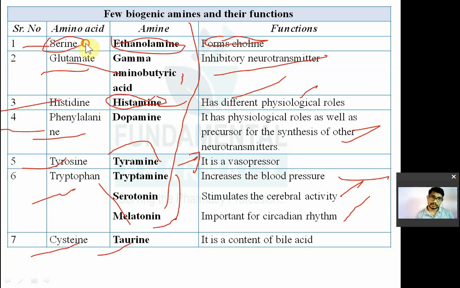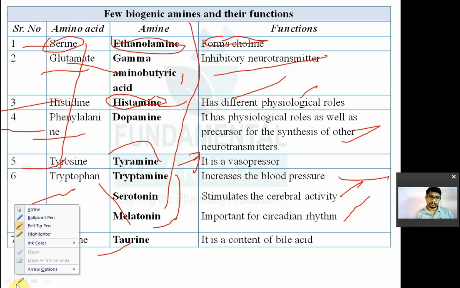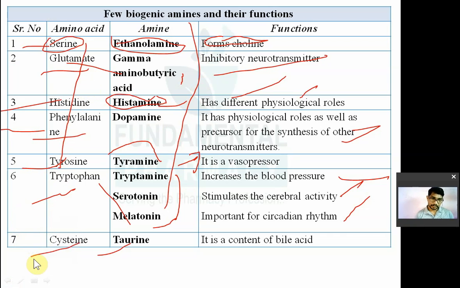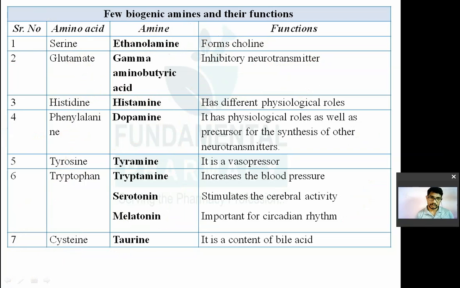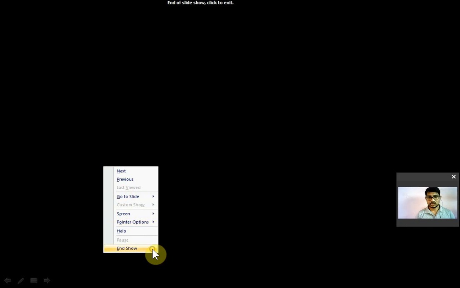Properties of proteins, denaturation of protein. Then metabolism of amino acids, that is transamination and deamination, the two major reactions. Then the urea cycle, which is also important. Then the defects in amino acid metabolism. So this was your chapter on amino acids. Now we'll see